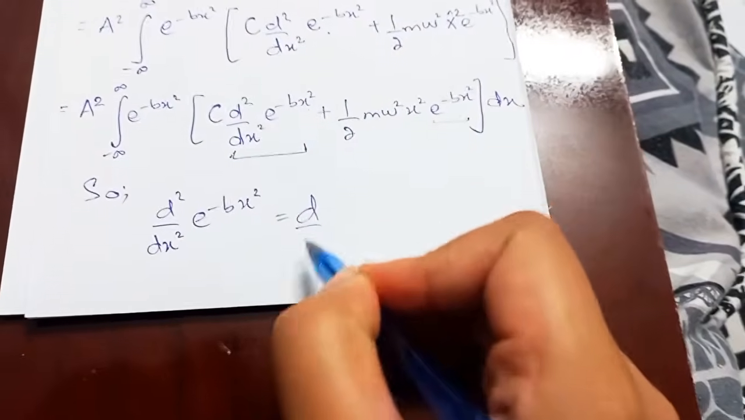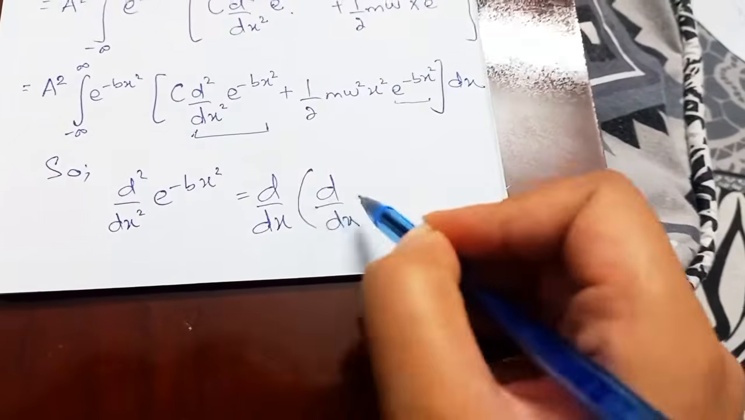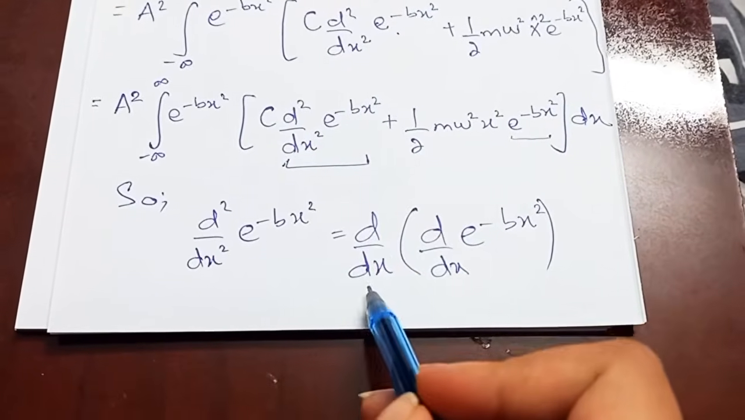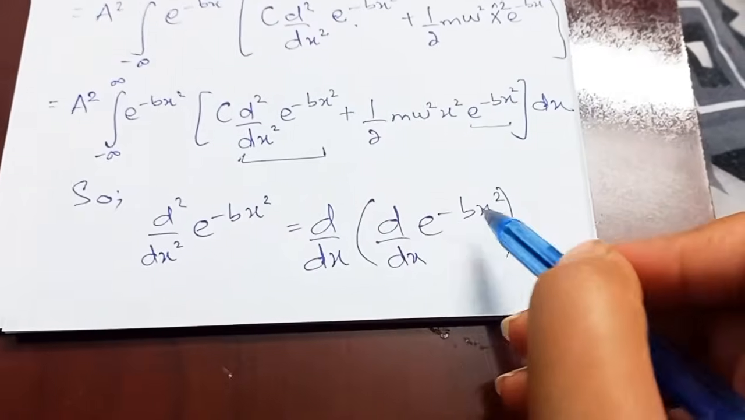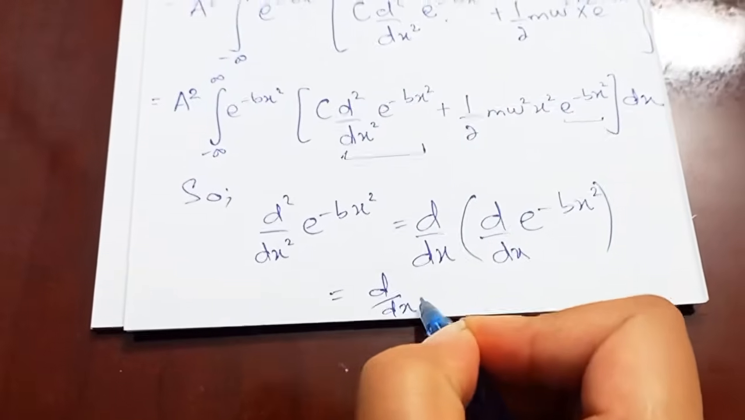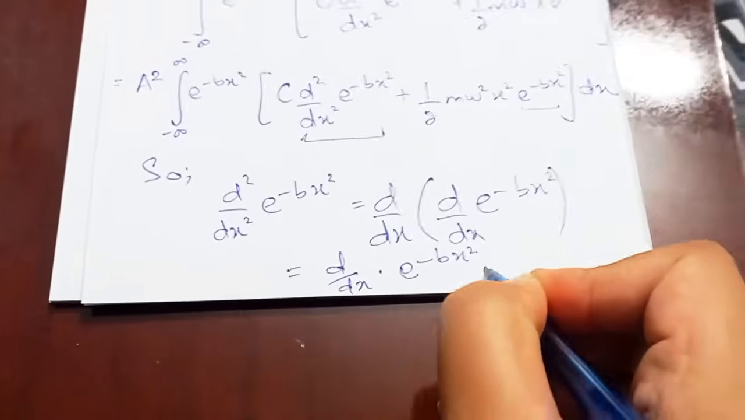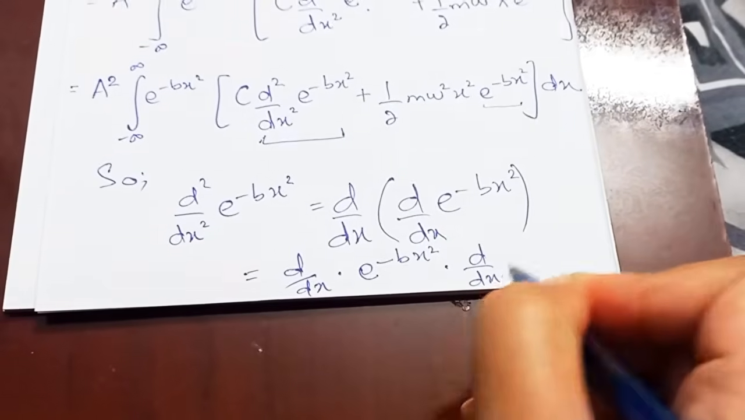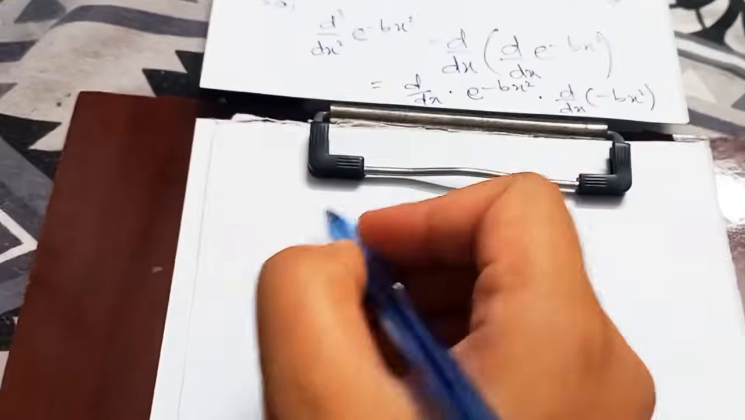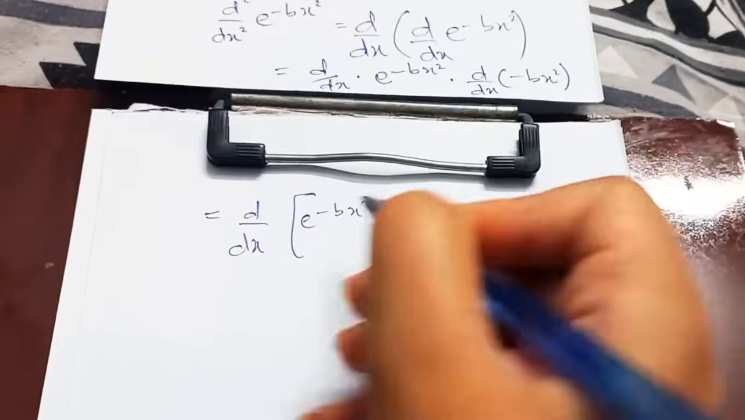So let's evaluate it. It's a double derivative, so we'll first apply a single derivative and write this expression like that. Since it's a double derivative, we can write it as d by dx into d by dx of this. We'll apply the first derivative, then we'll take another derivative of it. Derivative of exponential works like that. We have the exponential term as it is, then we take the derivative of its power. So we have d by dx e to the power minus bx squared